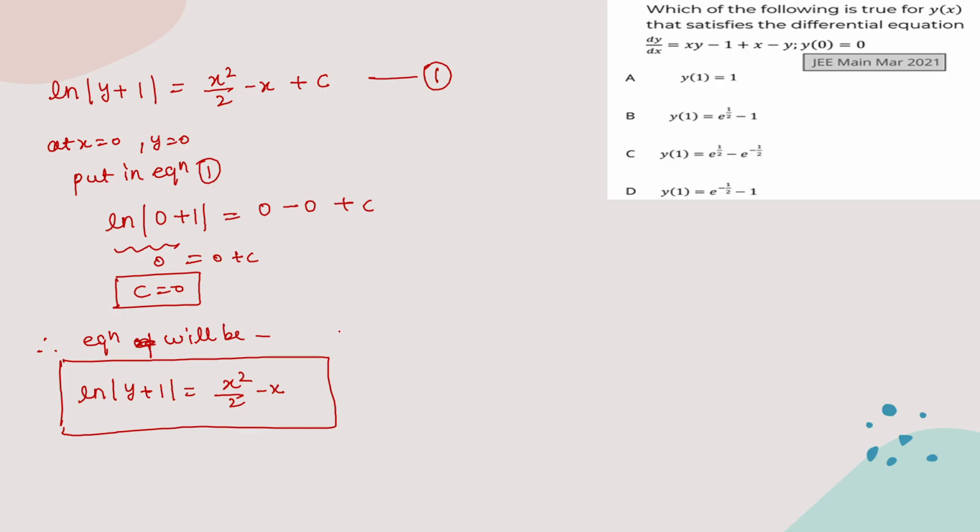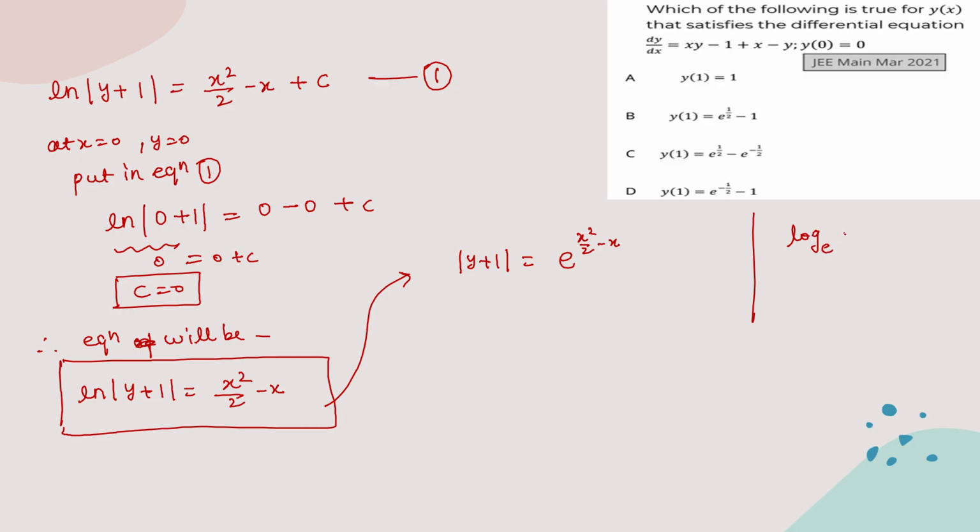Now they are asking... okay, I think we have to modify it then, right? We have to solve it further. Okay, let's see. From here we can write mod y plus 1, the ln will go to the right side. If you take the anti-log on both sides, it will become e to the power x square by 2 minus x. Okay, if you don't remember,